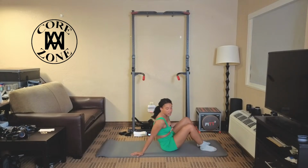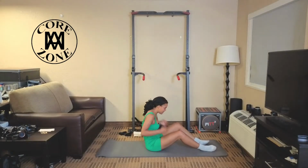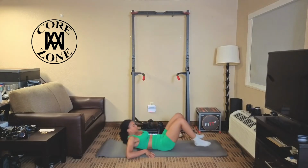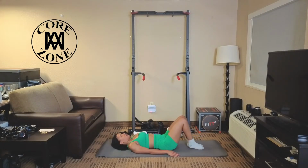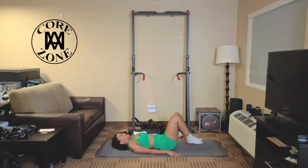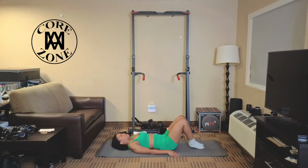Good. All right, y'all, we are going to do some knee tucks. So with the knee tucks, you're gonna lay down and you're gonna keep your knees bent the entire time. All you're gonna do is lift your hips, and these are twisted knee tucks. So we're gonna twist to the right, that's 1, left, 2, right, 3, left, 4, right,